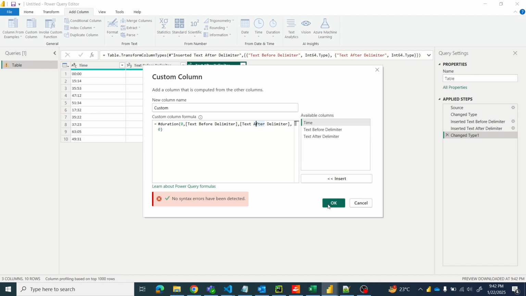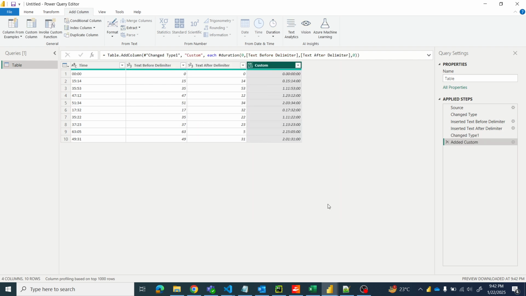Okay guys, let's see this. Yeah, so for example, if you see here, right, 63, for example, if you take 63, it is 2 hours 15 minutes 5 seconds, okay, and the milliseconds is 0. For example, if you see this 3553, okay, 1 day 11 hours 53 seconds. Okay, like this it will convert the time in text format into standard days, hours, minutes and seconds and milliseconds